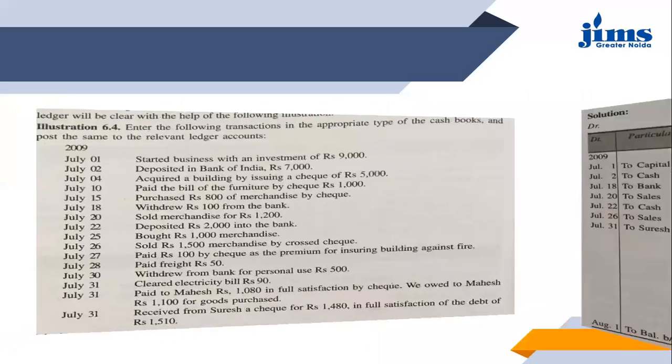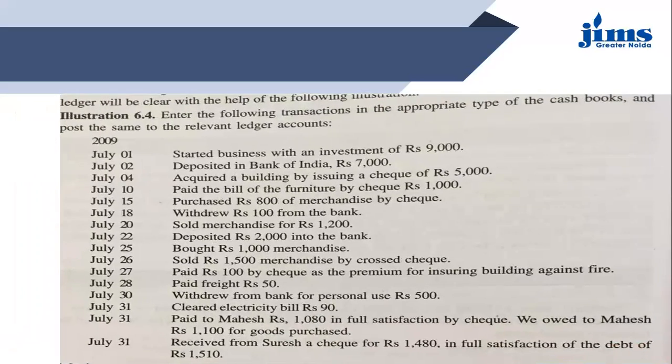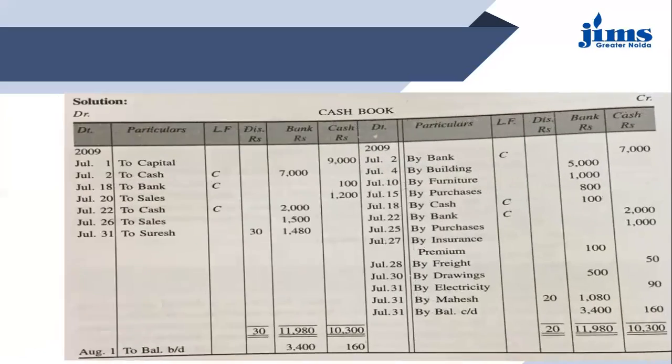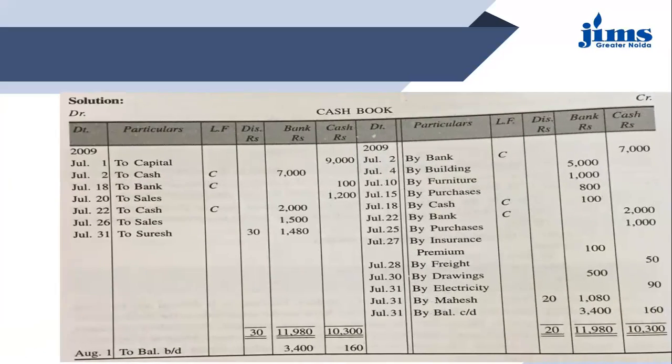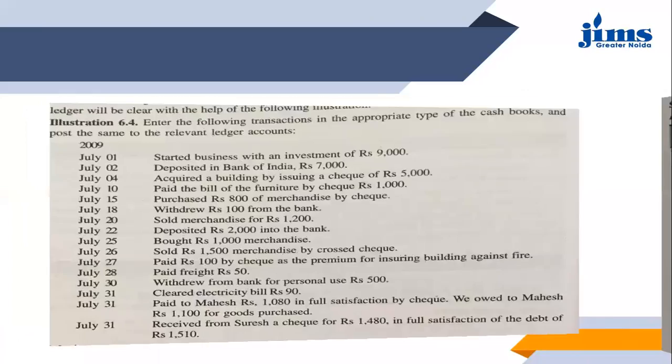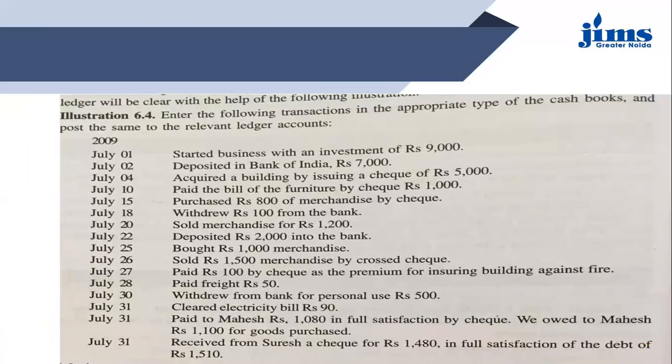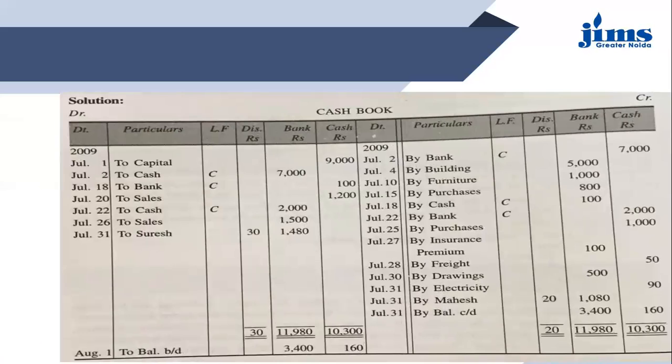Next entry is deposited in Bank of India 7,000 rupees on 2nd July. See, on 2nd July you have deposited 7,000 rupees in Bank of India. Now the cash is going out of the business, and simultaneously there is cash which is coming into the business through bank, right? As the entry says, the cash is deposited in Bank of India, so cash is going to bank. From the business, cash is going out. So under the credit side, you can see on July 2nd, cash is going out and it is